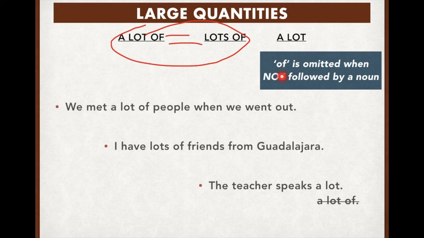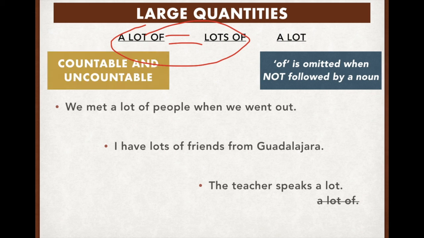So, here's what I was telling you. Of is omitted when not followed by a noun. Okay. What this means is we don't use of because we don't have something here. And we use them for countable and uncountables. People is countable, friends are countable, but we can also say a lot of water. I drink a lot of water. I eat a lot of sugar. I don't know. So